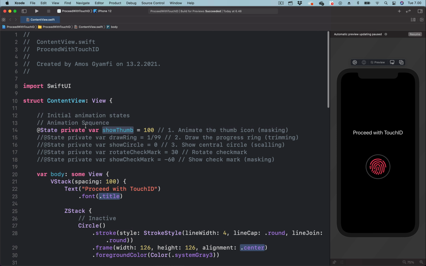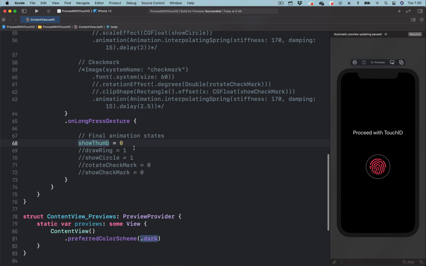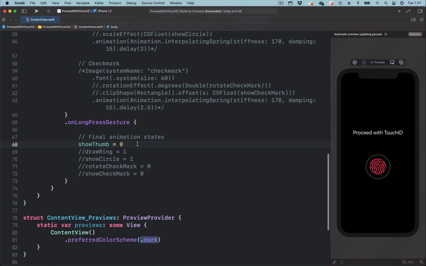When I scroll up, you can see here we have set the initial state of the thumb icon, that is the offset, to 100. In the long press gesture, that is when the user uses long press, we set the thumb position, that is the offset, to 0. So when the offset is 0, we show the pink thumb. And when the offset is set to 100, then we don't see the pink thumb icon at all. What we have to do next is to use the state variable to animate the property we want to animate. So let's copy the state variable name